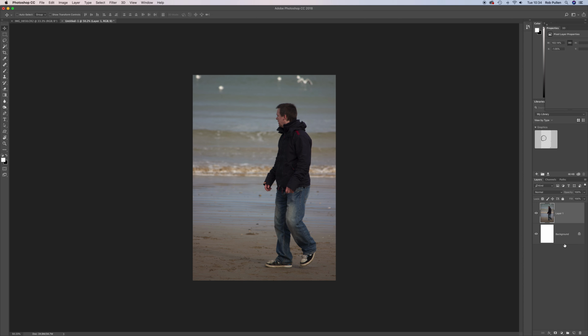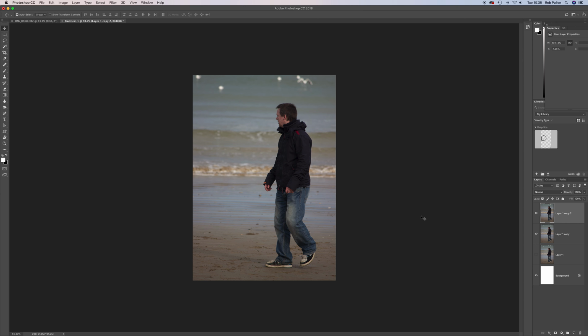Okay, so on the right hand side in the layers, we've got the blank or the white background layer, and then we've got the layer that I've just put on here. So we're going to do a duplicate of this one just so we've got something to fall back on. So I'm going to hit Command or Control and J to make a duplicate, and then I'm going to turn this one off, and if we mess up we can always go back to this one. But now I'm going to make a duplicate of this one, so I'm going to hit Command or Control and J again, and with this one I'm going to press Shift,